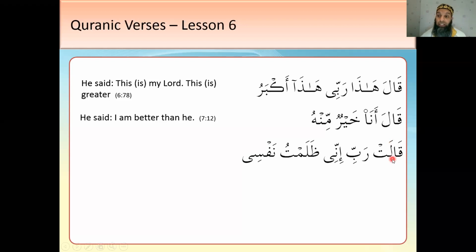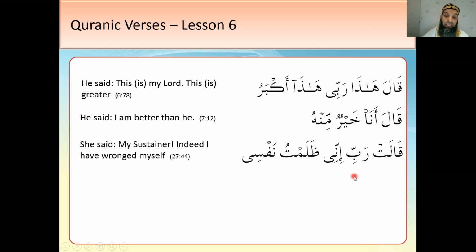Right. قالت, what's قالت? Okay, you already know, she said, remember? قالت, the ta. قالت, she said, Rabbi. It means my Lord. It's like Rabbi, but the ya's come off, right? You can tell because there's no majrur-ifier before it and it's majrur, right? So something is going on. It's Rabbi, but the ya's been taken off. قالت, she said, Rabbi,